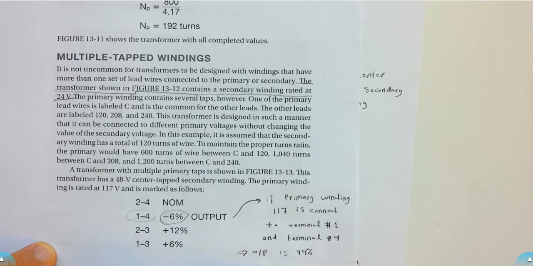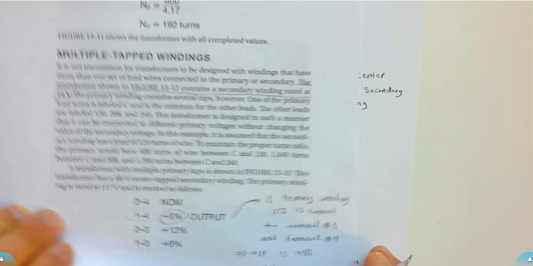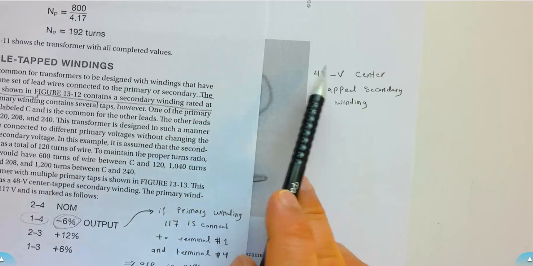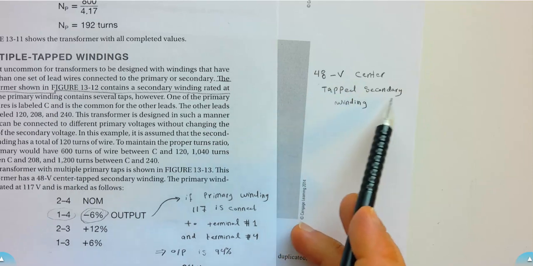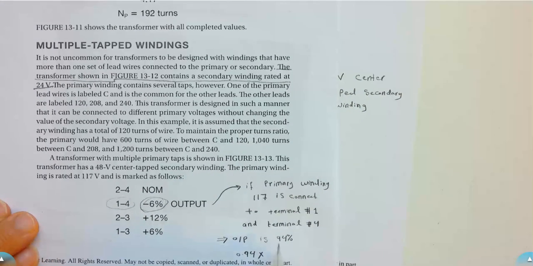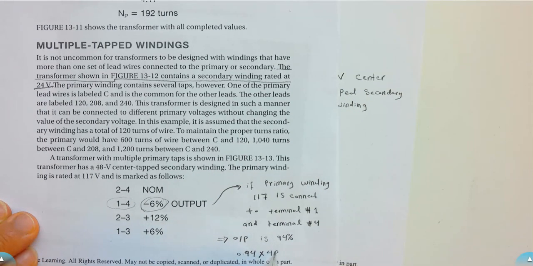So 94% times 48, since we know this is the 48 volt center tap secondary winding. I will write 94% as a decimal, 0.94, times 48 volts. This equals around 45.12